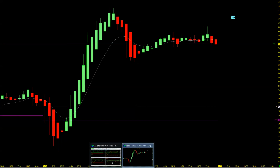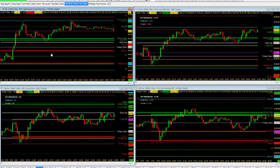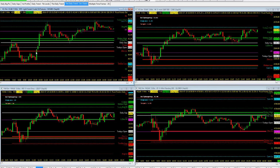Taking a look at the 5-minute charts. Crude finally rebounding after a continuous downtrend for the last several weeks, for most of July, finishing out a little bit of resistance there at the cam line upside. A 25-minute open range for the first hour and a half, actually almost 2 hours, till the